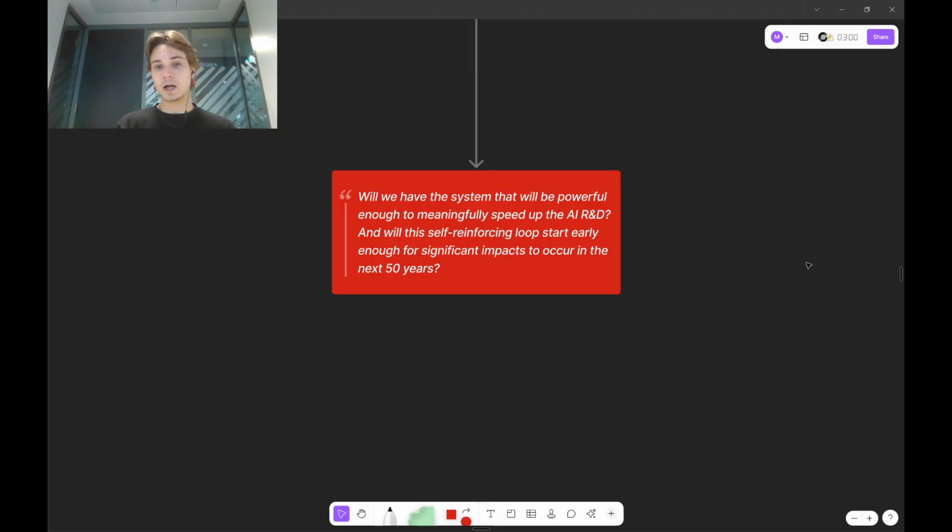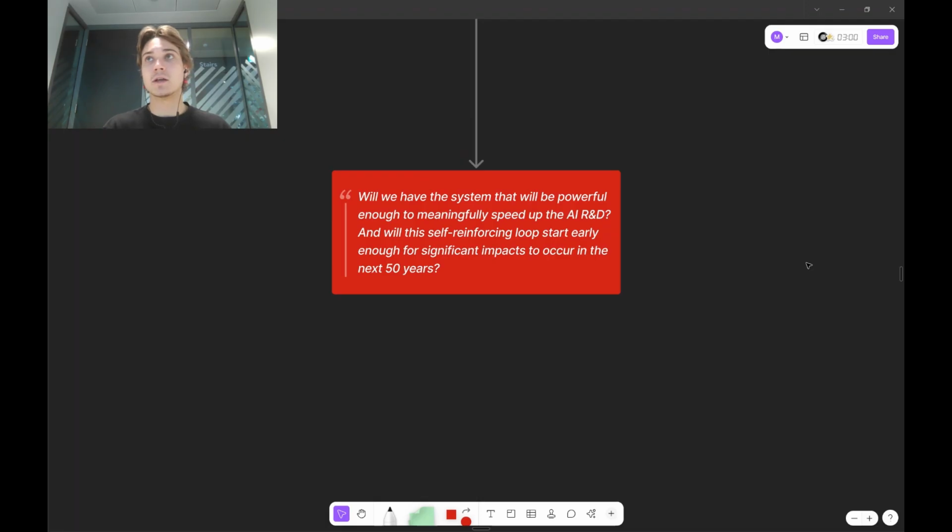So it doesn't have to be God. It doesn't have to take all the jobs. It just has to be good enough to help with AI R&D and do that somewhat meaningfully. And that loop has to start early enough in, let's say, my lifetime, so in the next 50, 70 years, where the self-reinforcing loop starts to compound and eventually gets to some crazy significant impacts, right? And that's the question I'm truly asking. I'm not asking,